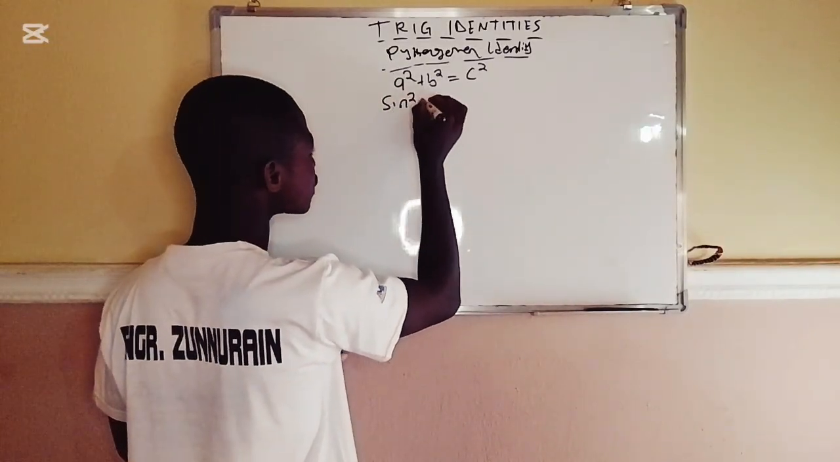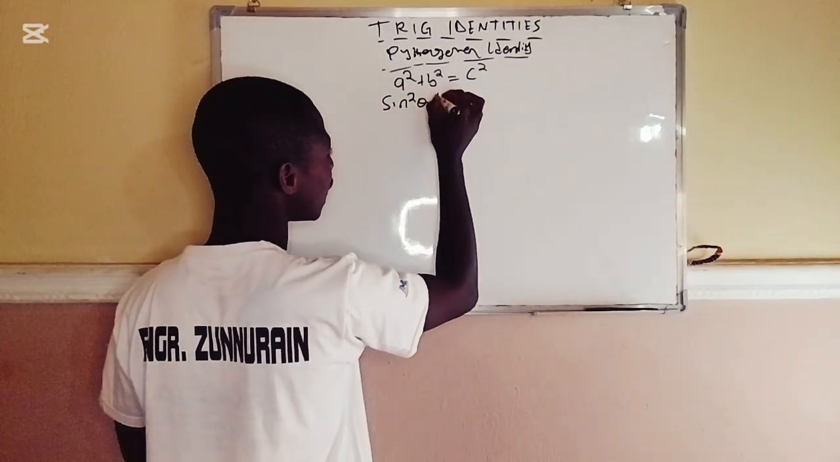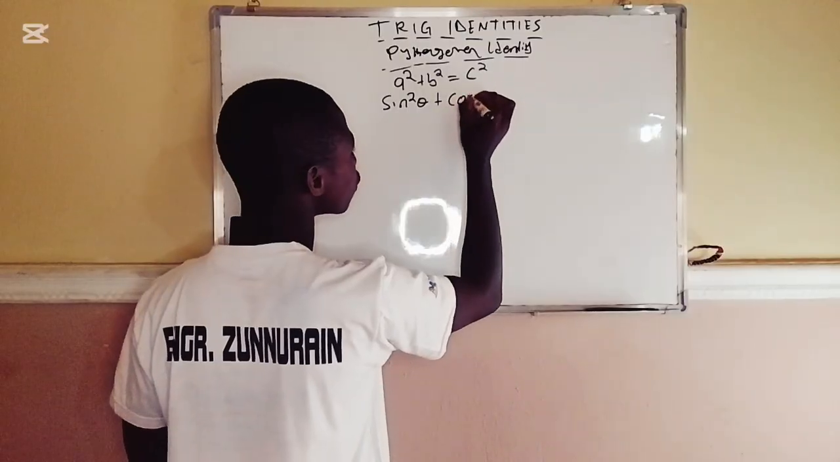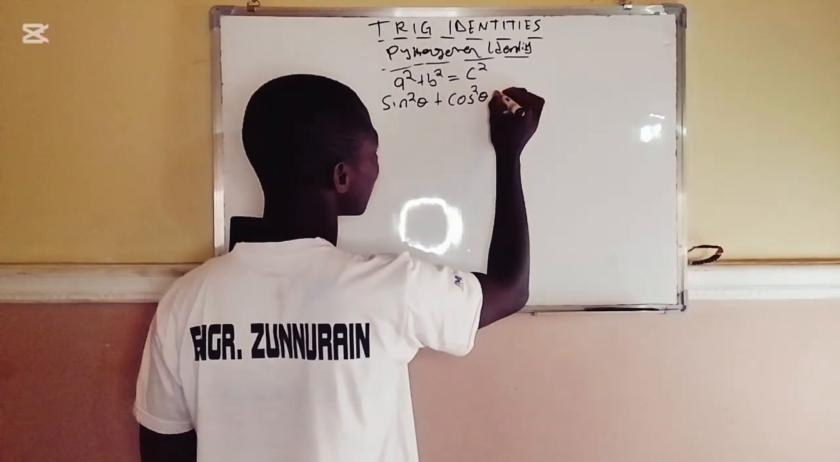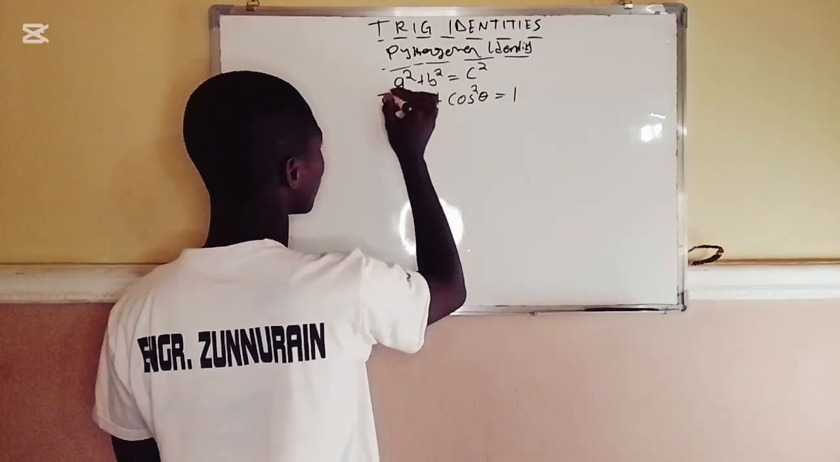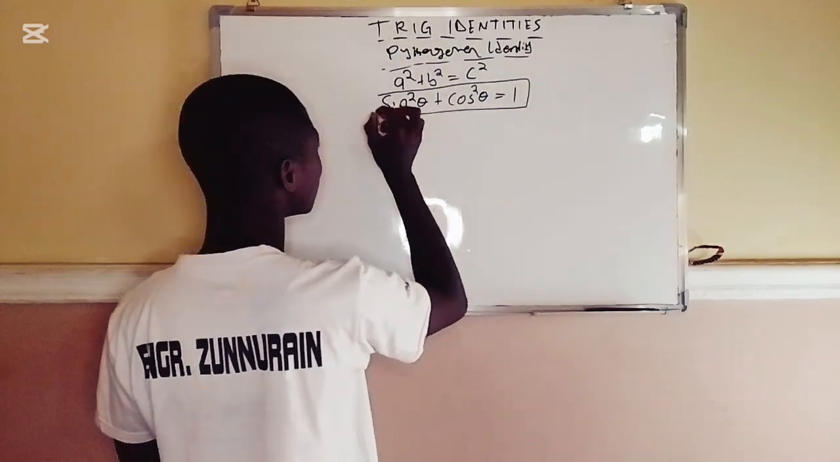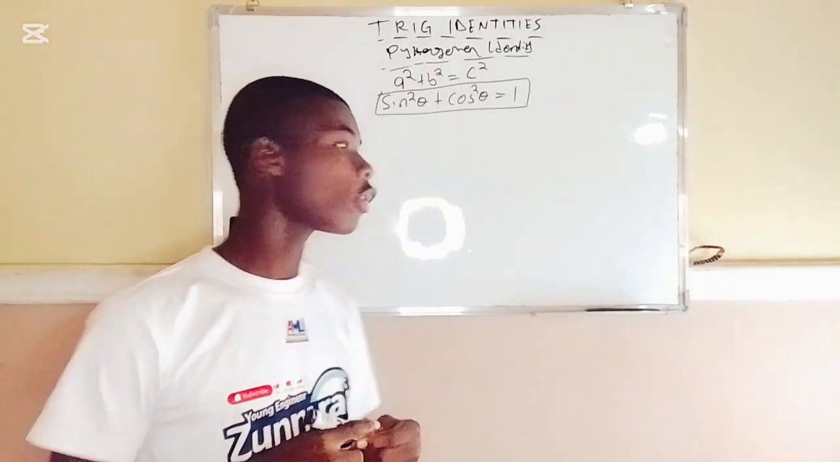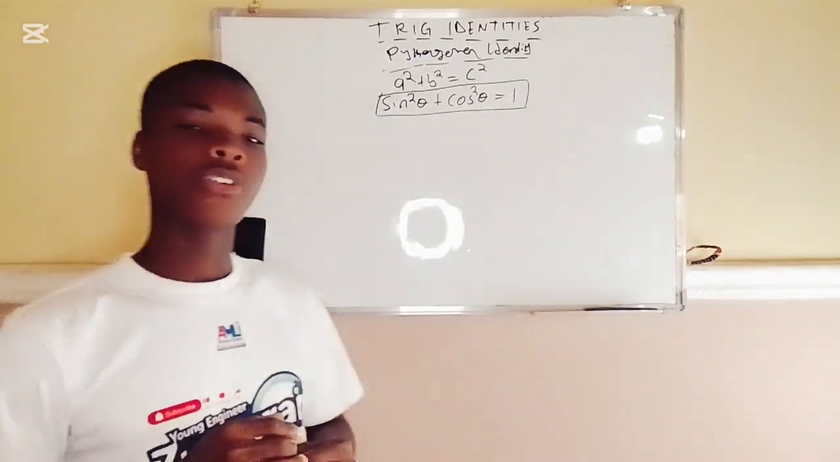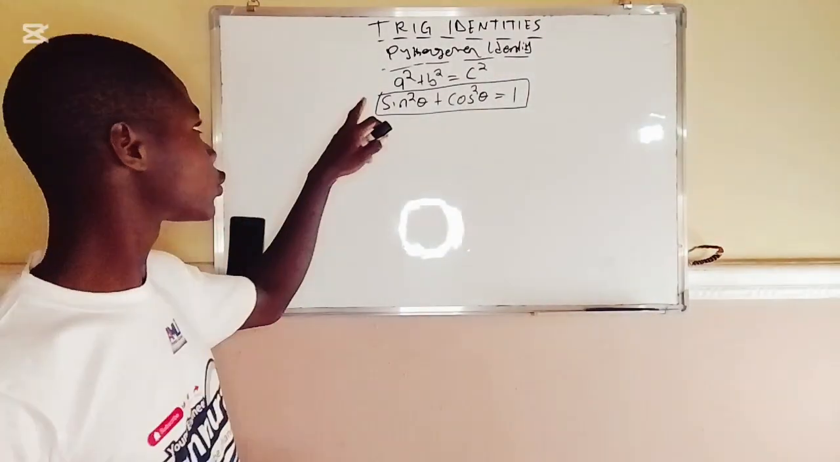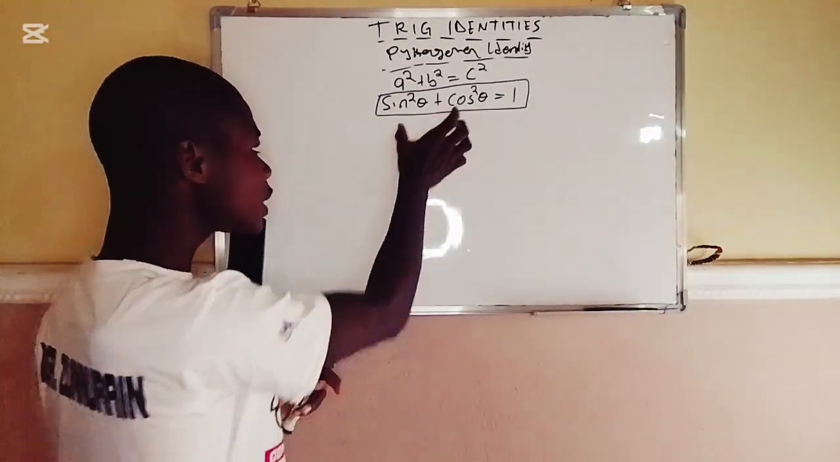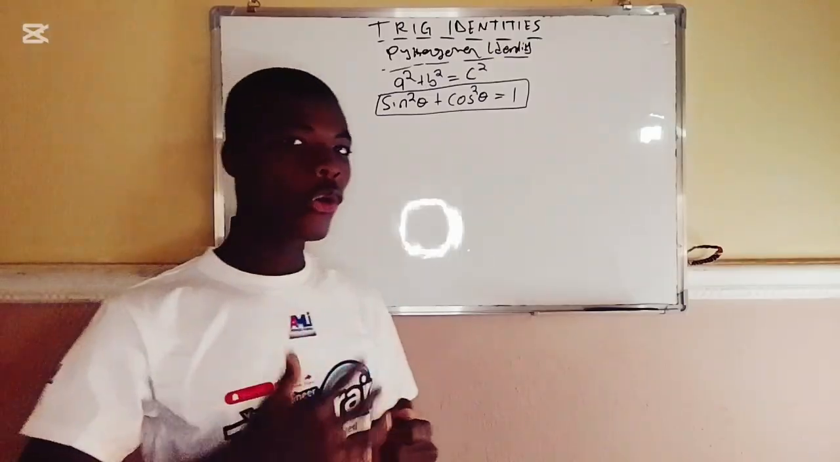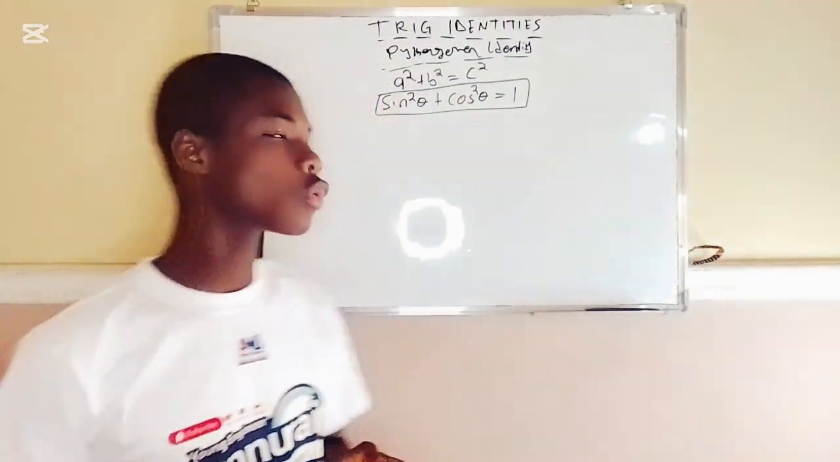sine square theta plus cos square theta equals 1. So therefore, this is a formula that you have to know. Take a sheet of paper or have a rough book on your side in order to write this formula. In this formula, we are going to prove another formula so that